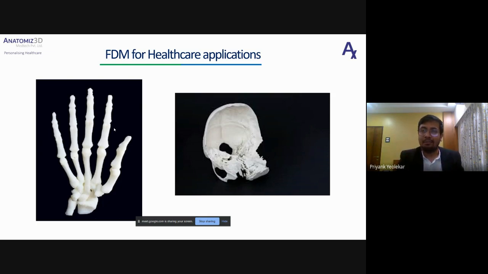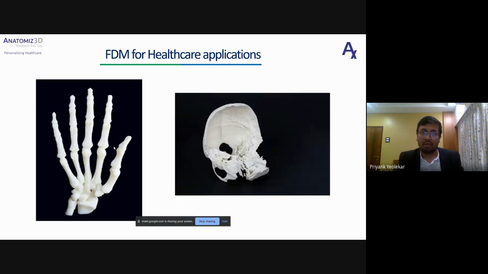And while peeling, what happens is sometimes where the support structure is meeting the actual surface of your model, it will not give a proper finish to the surface, and it will have some blobs or some irregularities on the surface. So that is another disadvantage of this technology.